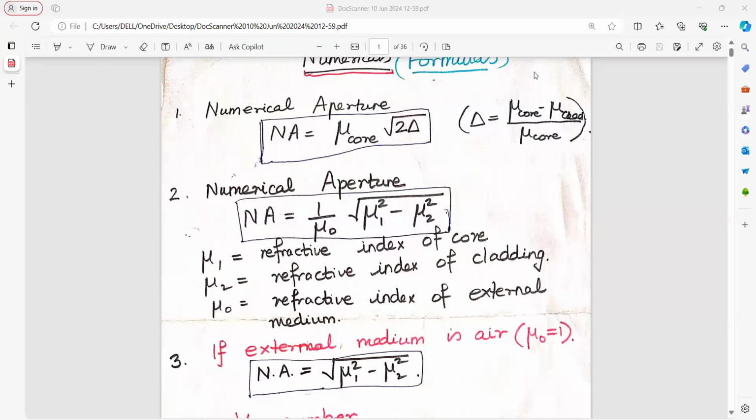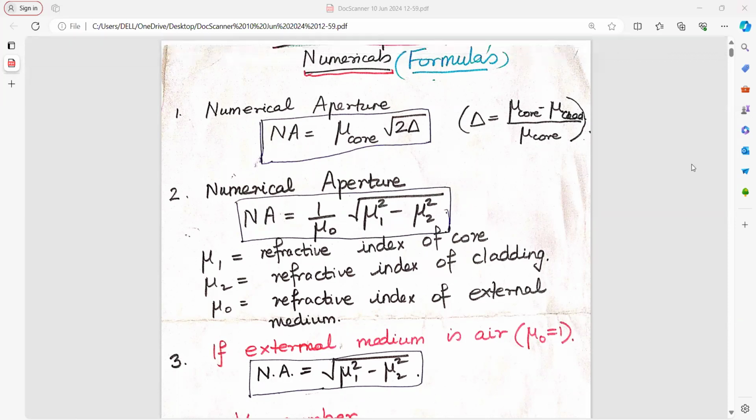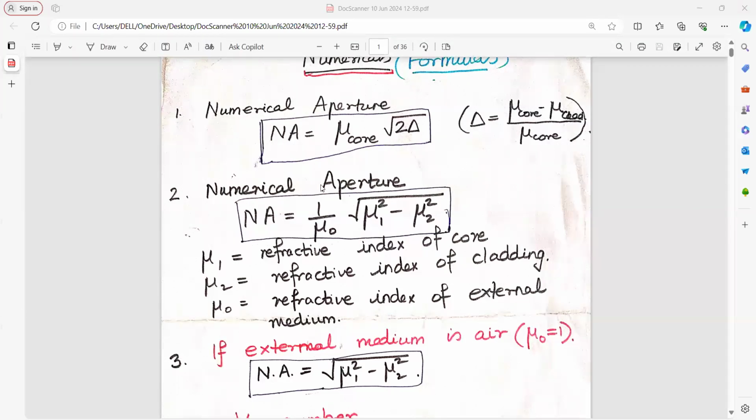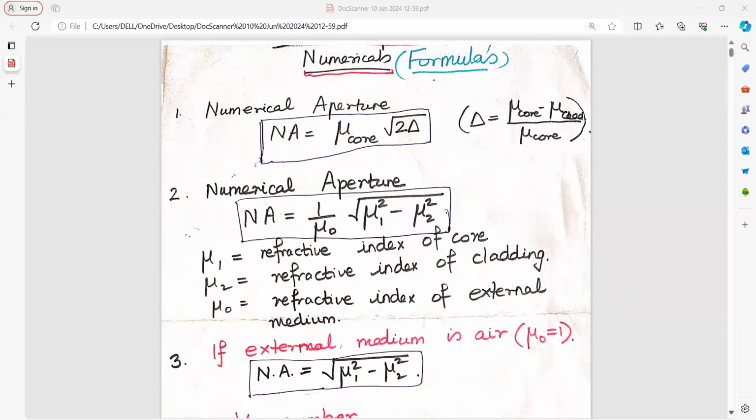Hello students, in today's lecture, we will be solving all numericals of optical fiber. So let us first quickly revise all the important formulas which will help us in solving all the numericals. Numerical aperture is equal to refractive index of core, which is greater than that of cladding, under